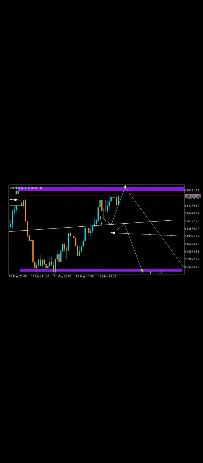We anticipated that should price refuse to break out, then the retest here should have resulted in a sell. But it went the other way, the other projection, which is the buy projection. So what we are expecting now is that price should either break this rectangle resistance zone upward and retest it again for a further buy, or it should fall from here. Price should fall from this resistance zone all the way down.